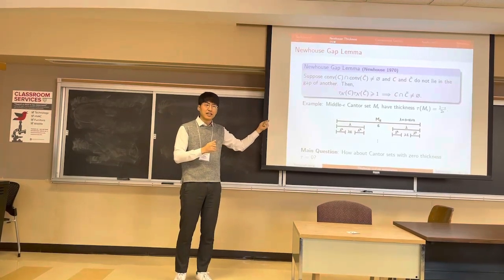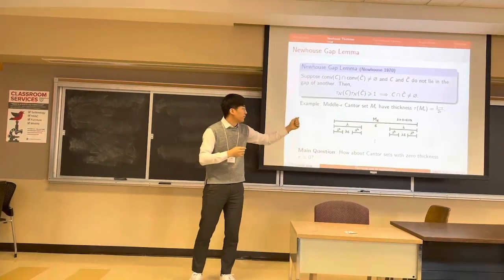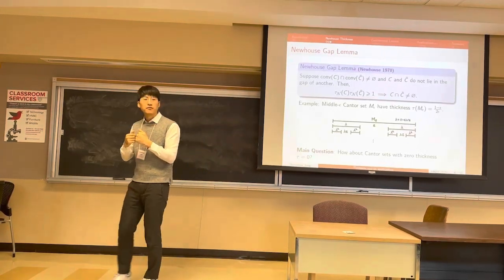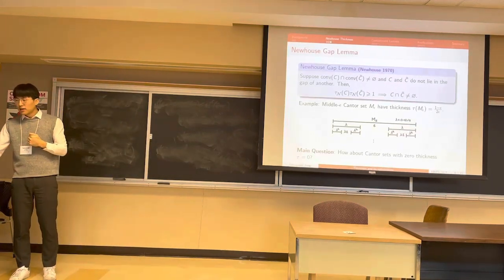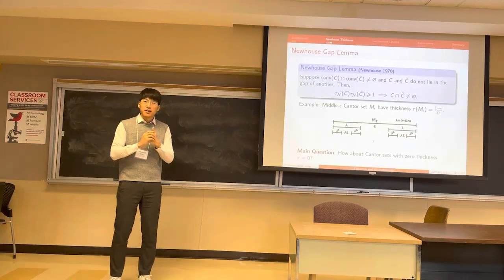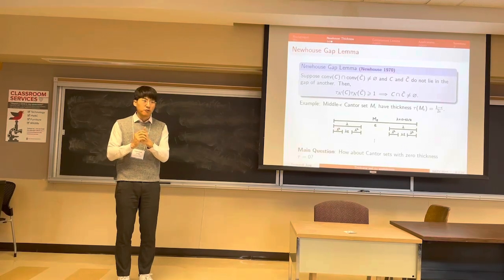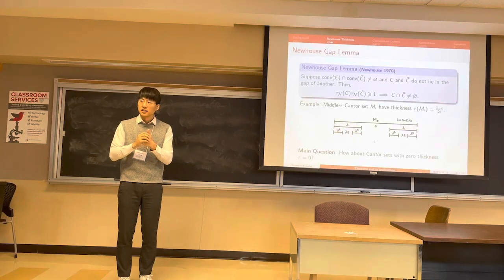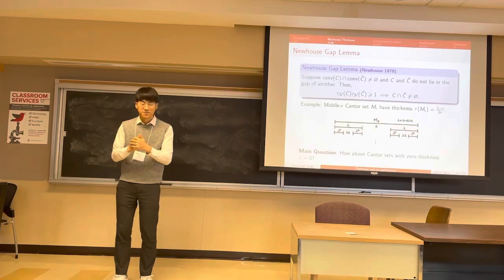We can slightly generalize our example of middle third to middle epsilon, and we'll have a very intuitive thickness, which is (1 minus epsilon) over 2 epsilon. So it would be very large for small epsilon and very small if we remove a large epsilon. However, note that in order to use the Newhouse gap lemma, we need to guarantee their product of thickness to be greater or equal to 1. And this will never happen if one of the Cantor sets has thickness 0. So it would be very interesting to ask, when would Cantor sets with thickness 0 intersect with another Cantor set?